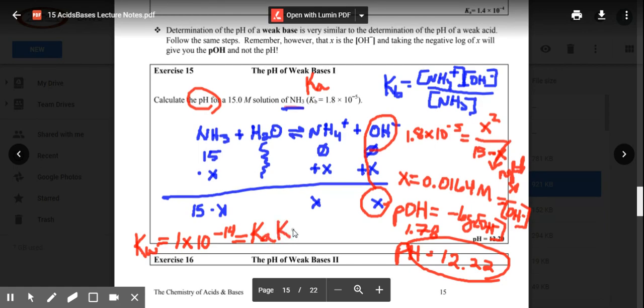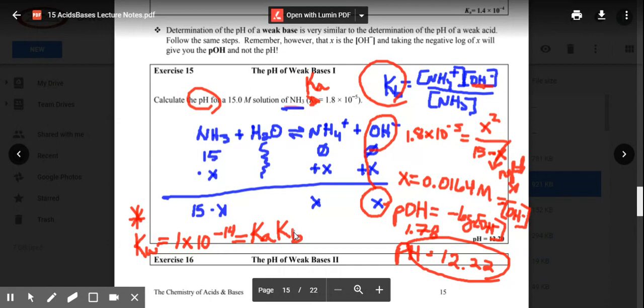times your Kb value. So, if I was given a Ka value, but I needed a Kb value because I was dealing with a base, then all I would have to do is take 1 times 10 to the negative 14th divided by that Ka value, and that's equal to Kb. So this is a good little side note, something to put in your notes that is important, especially when we